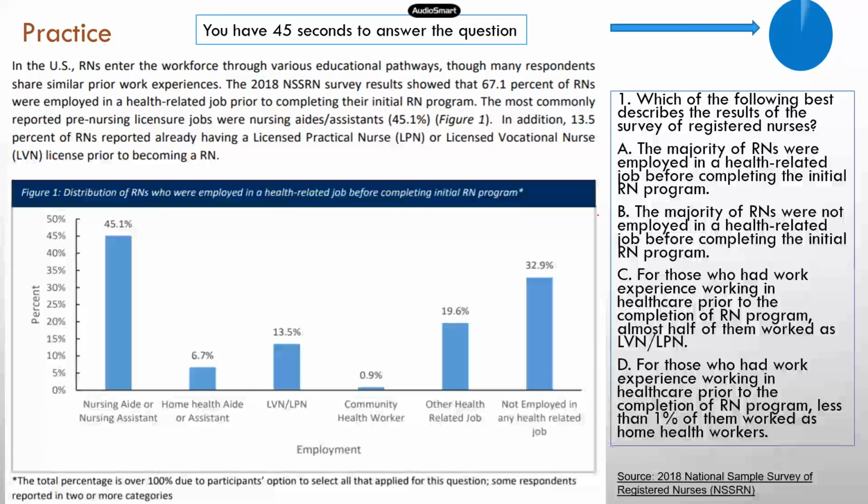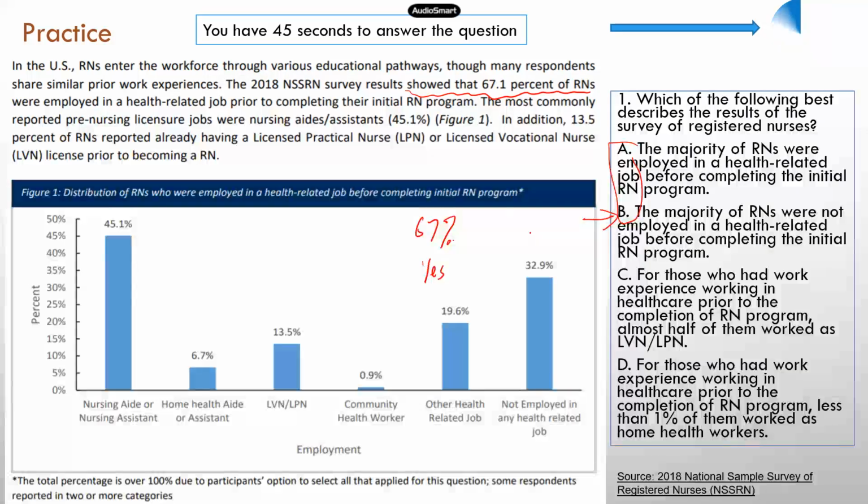I'm going to start with B. And then you can see A and B are the opposite, right? So one of them is going to be correct. The majority of RNs were not employed in a health-related job before completing the initial RN program. That's contradictory to what's described in the text, right? The survey results showed that 67% of RNs did have a health-related job, right, prior to completing the program. So that means